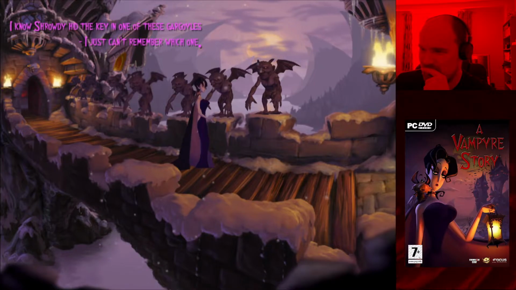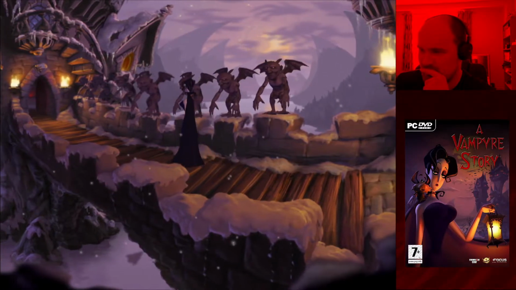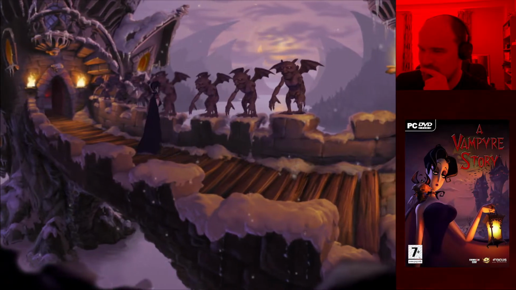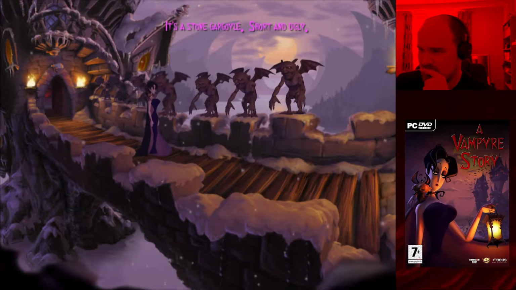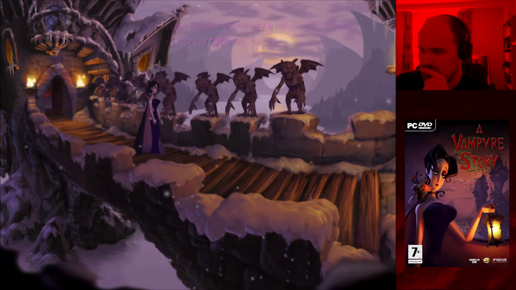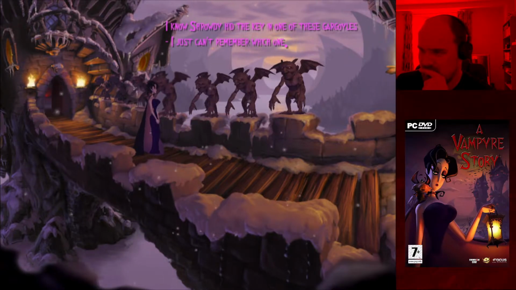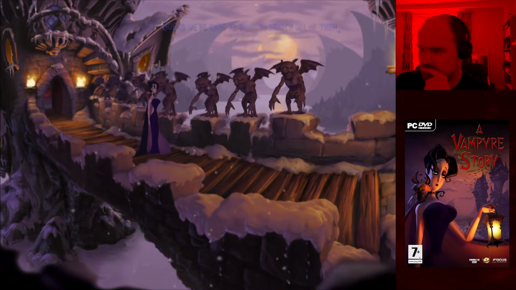Oh, I just can't remember which one. It's a stone gargoyle. Short and ugly. Kinda reminds me of Shroudy. I know Shouty hid the key in one of these gargoyles. Ugh. Guess we're gonna have to search all of them.